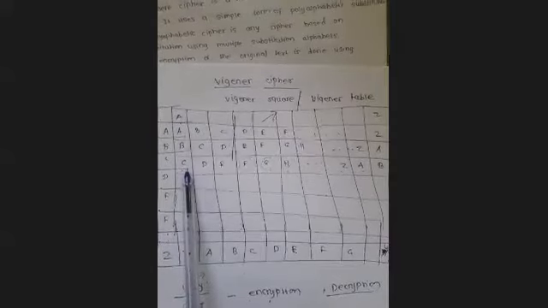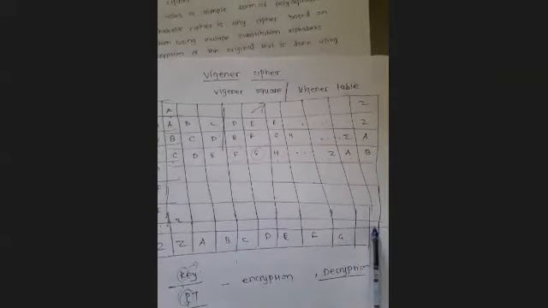Then if the label is C, it will start with C to Z, and then the remaining letters we write over here. In this way we have written everything. Suppose it is a Y label, then the first letters would be Y, Z, then again the remaining A to X letters will be written into the remaining cells, right? So this was called the Vigenère square or the Vigenère table.